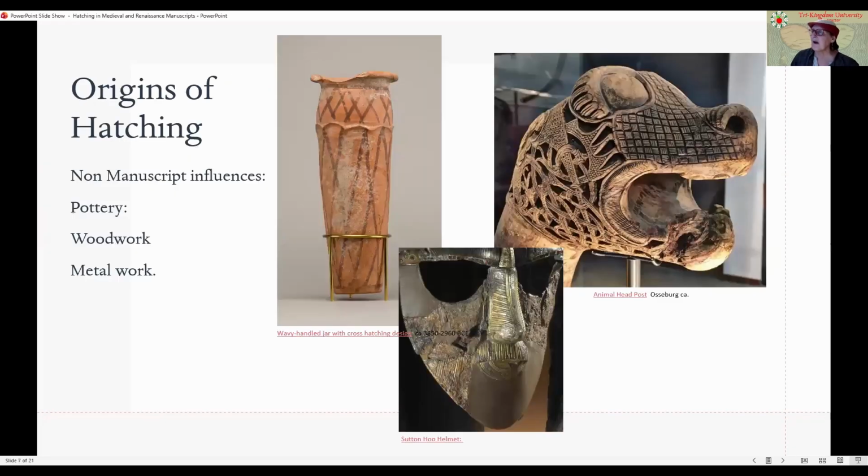Origins of hatching. We don't actually have true hatchwork showing up extensively in scribal work until quite late in period, into the late medieval, starting in the early Renaissance, when we are starting to want to define form in a more naturalistic or realistic way. However, hatching exists in other art forms, both for texture and shading, going back to almost some of the earliest